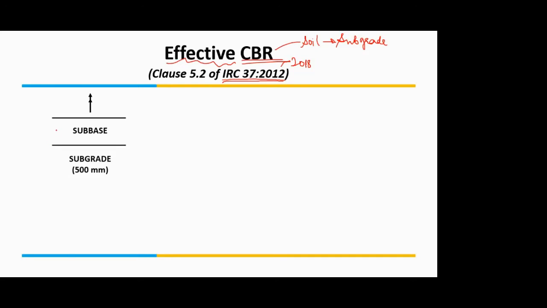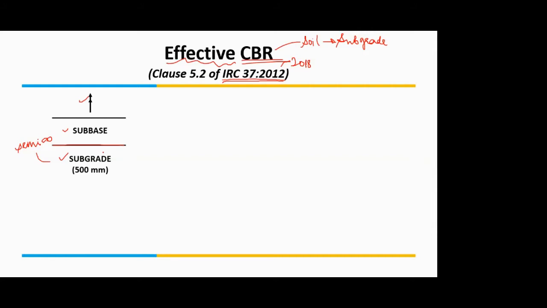Now if you look at this diagram, you know that you have a subgrade, above which you have the subbase, and then all the other layers. I have not shown those layers. What I'm mainly interested in showing is the subgrade. As I told you, in the code they also treat the subgrade as semi-infinite, meaning there is no downward limit, only an upper limit because over it you have the other layers. But I also told you that though the assumption is semi-infinite, you can't have a semi-infinite layer actually while constructing, because you can't construct up to infinite depth.